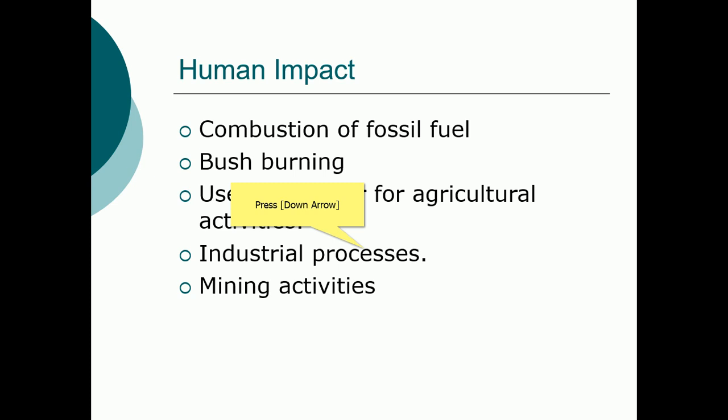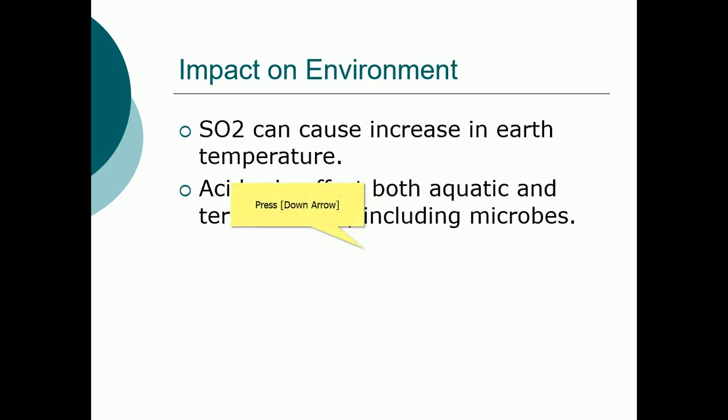So when it rains, there is a high possibility of having a rain that is very acidic, or a much lower pH than usual, and that is regarded as acid rain. We know acid rain can actually affect both aquatic and terrestrial life, including the microbes. So it can kill the microbes. Killing the microbes in the environment can affect agricultural productivity, because microbes play a very important role, typically as we've mentioned just now, in making a number of these minerals available.